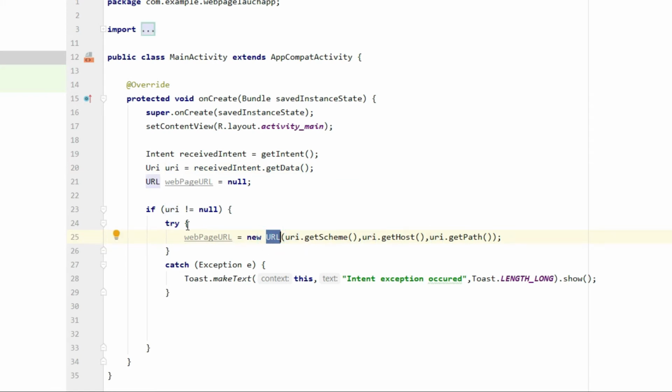To make the URL, you have to retrieve the URL in a try catch condition. So we have successfully got the web URL. Now we have to launch the web view from this URL.